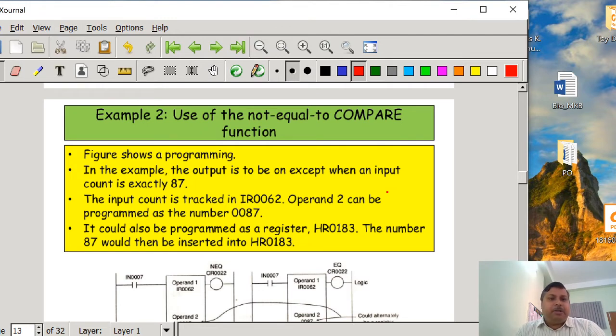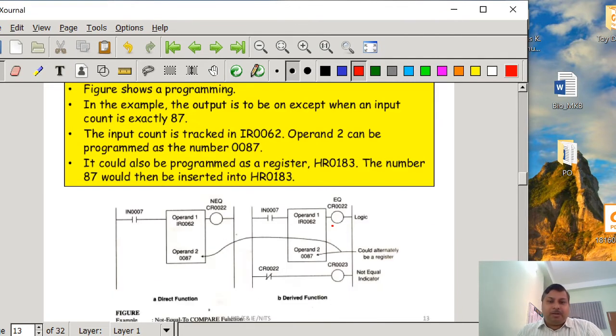So in the example, the output is to be on except when an input count is exactly 87. Okay, so then what we have done, here you see two things we have shown, the direct function as well as the derived function. But not to use the direct function, we will use the derived function. Derived function means we will use the equal, and we want to